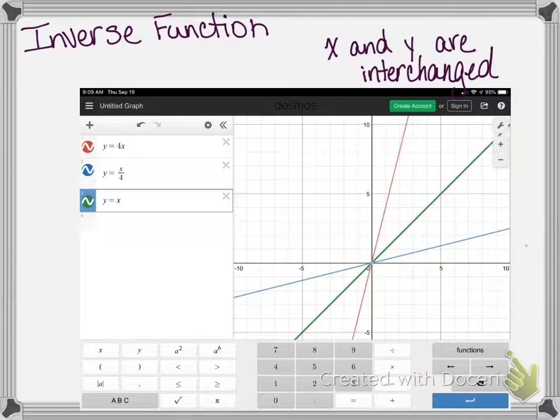What we're going to start talking about now is something called inverse functions. I have done some linear functions up here, and you're welcome to take a picture. I've just used Desmos to graph it. What I have is y equals 4x. That is the red line, and it is more steep. The blue line